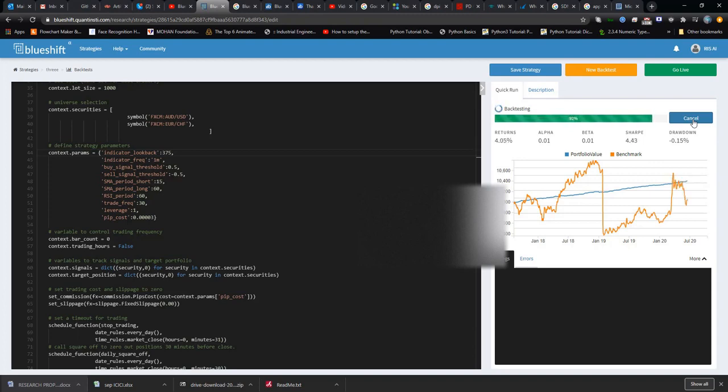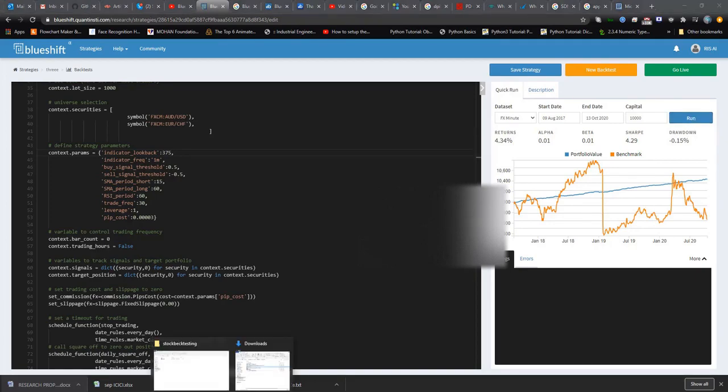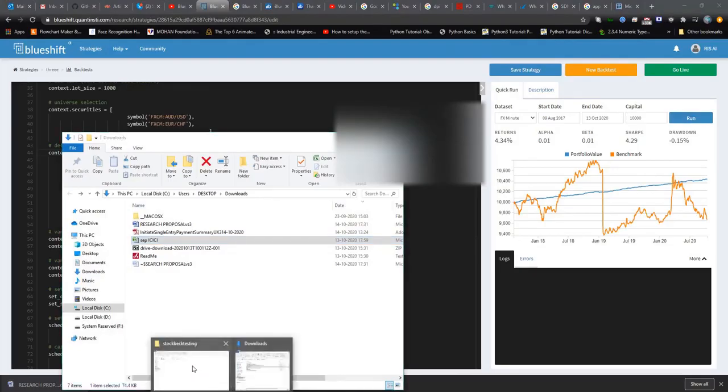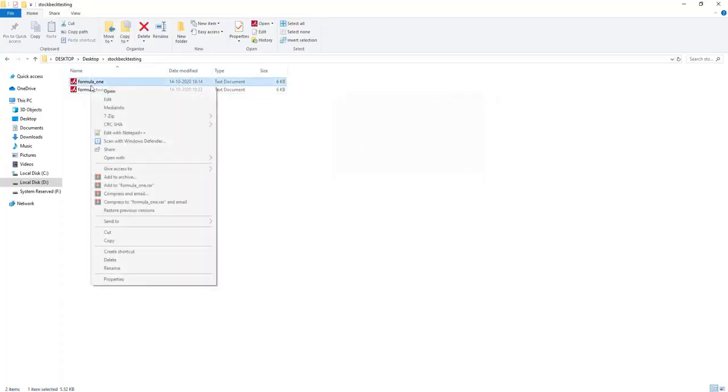So guys, as you can see here, this is not for high frequency trading. This is a long term investment and performing quite well. Within a period of 3 years, your total return of investment is around 4.34%. So let's try some of my formulas and strategies, and then we will see how much return of investment we can obtain.